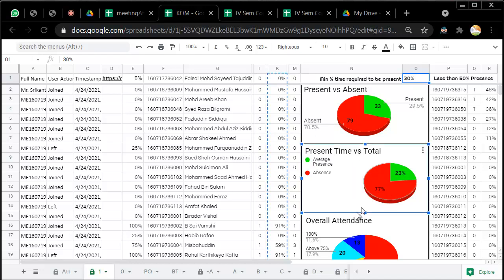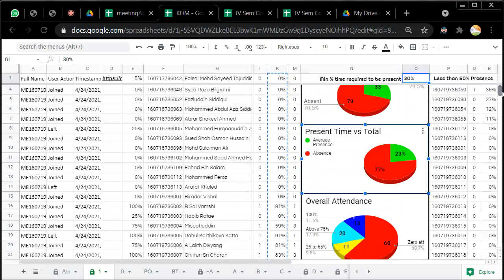The second graph here is showing us the present time versus total time. Fine. So although here not all the students will be eligible, if the students are attending less than 30% of the class, they'll be marked absent. So that's what is shown here. Whereas this one takes into account the time for which all the students are present. So the difference between these two graphs will let us know that a lot of students are not present for the whole class. And if the faculty is finding this to be true, then he or she can take proper steps to make sure that the students who are attending are present for the whole class.